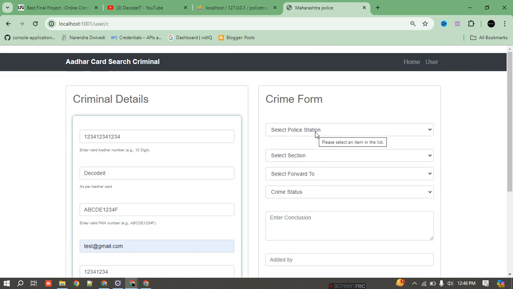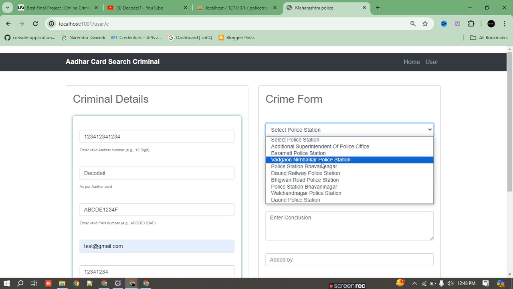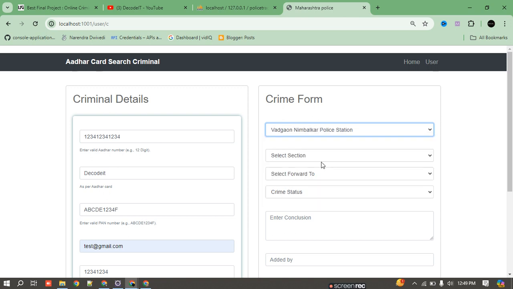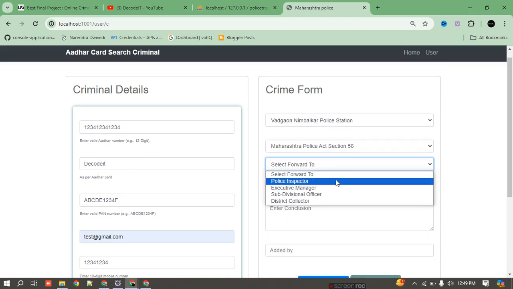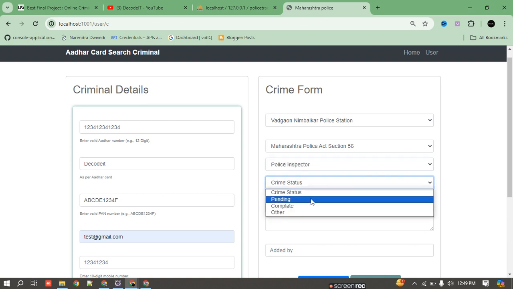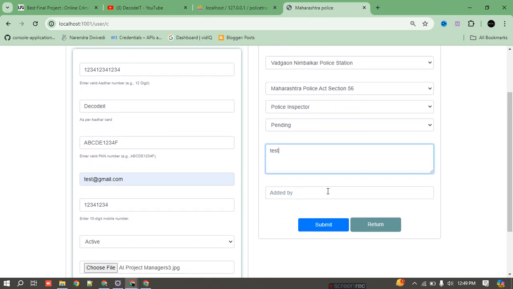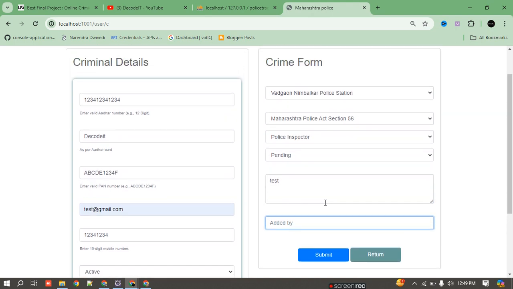Now I have to select the police stations. Here is a list of police stations. You can add more if you want to add. Select the stations, select forward to where we want to forward this image, and the status is pending or complete, pending. And then test. Edit by, we have to add our name, so we have added by my test,